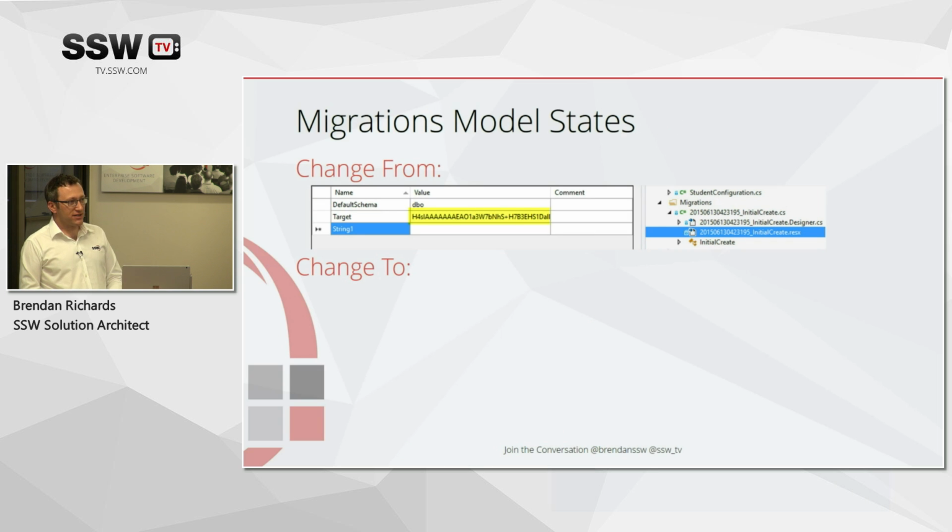How Entity Framework works has changed quite a bit. So what Entity Framework Migrations does is it looks at the configuration and objects in your model and builds a kind of model object based on that. And that model object in the previous version of Entity Framework was actually written into the back end of a designer file and stored in this big blob. And that blob was actually written to the database as well. So it was pretty unreadable. You'd know it happened, it would detect that you'd done the wrong thing and messed up your history and you'd have to roll back and fix it up again. But you couldn't really read what was going on inside there.